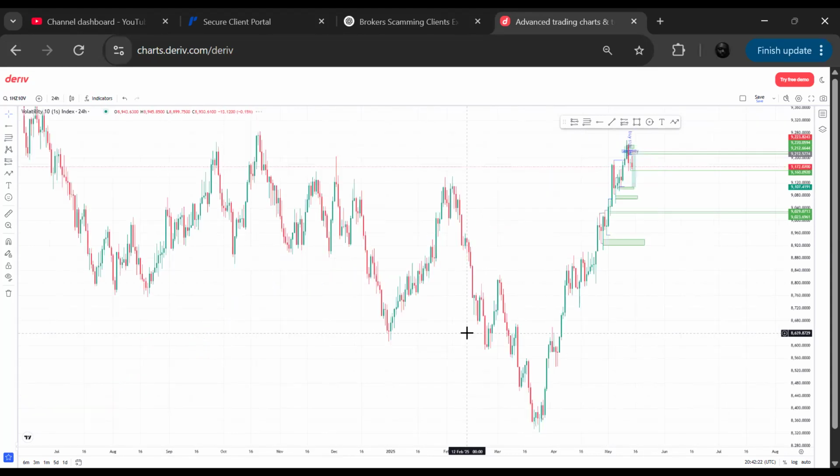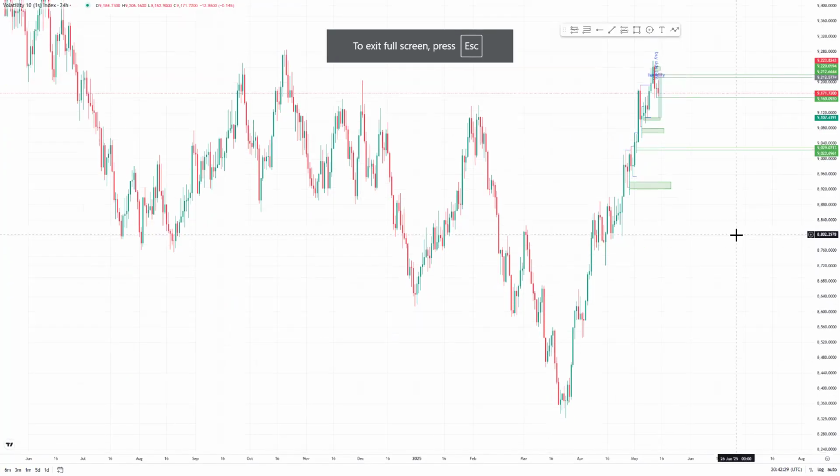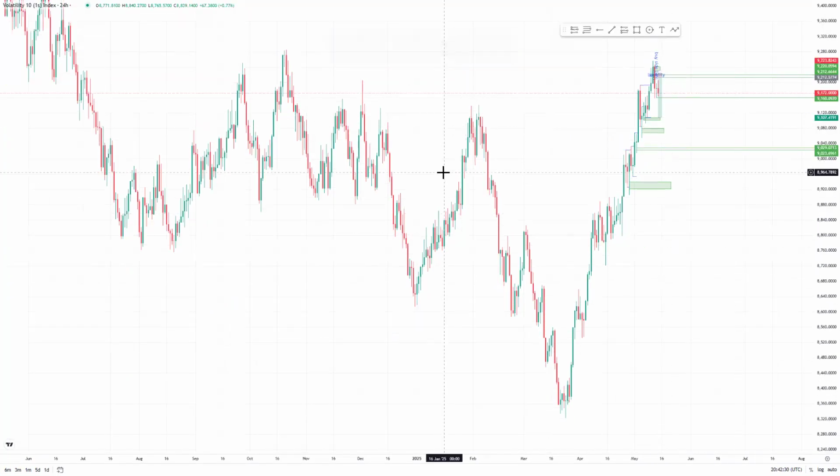This is it. If you want to do top-down analysis for this pair now, what will you do? What will you look at first? You look for where the market is coming from and where the market is going to. Now, looking at this chart,